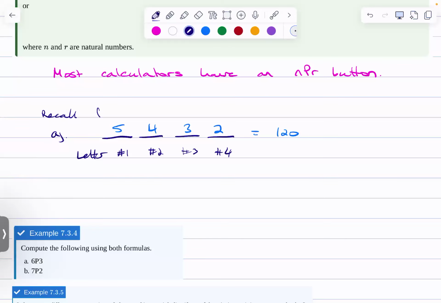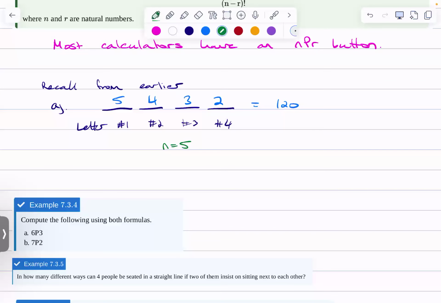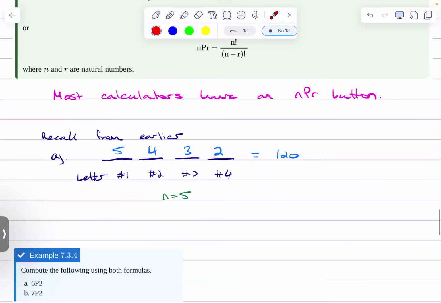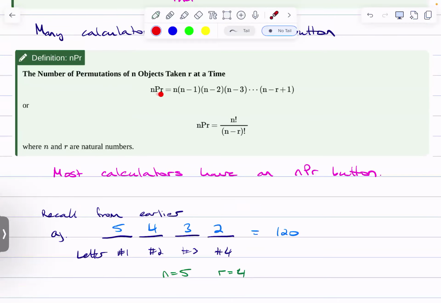Recall from earlier, this is the same as n equals 5, so 5 objects, and we want to take r at a time. In this case, with 4 letters, we want r equal to 4. So if we use this formula, 5P4,